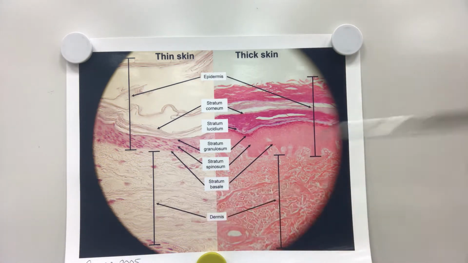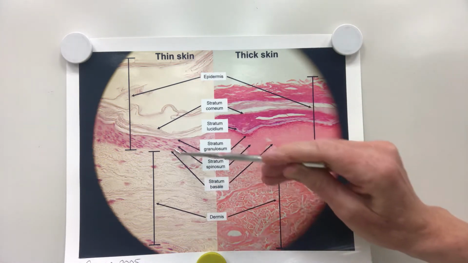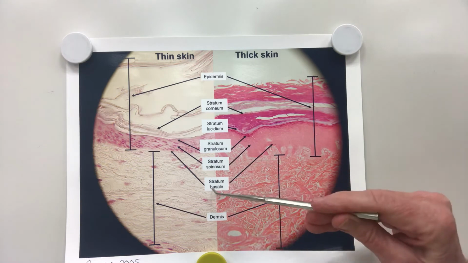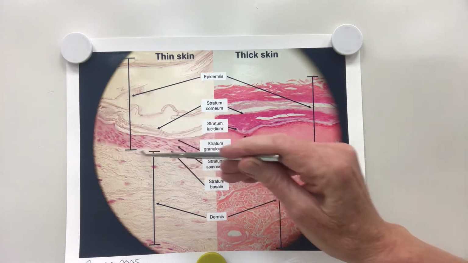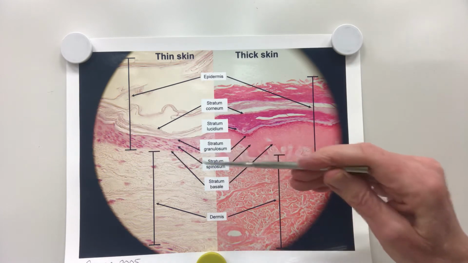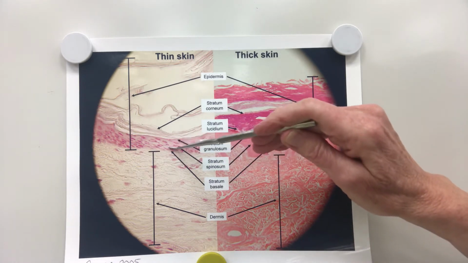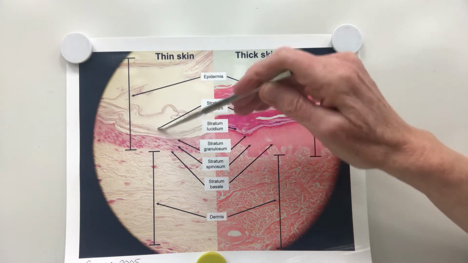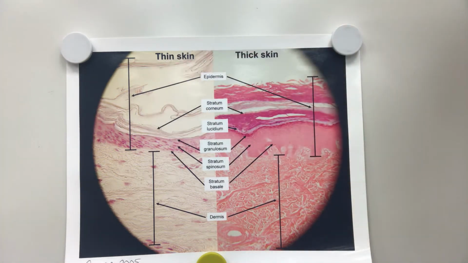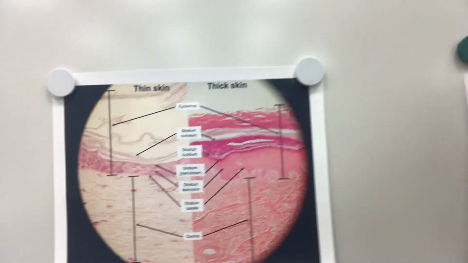With the thin skin, again, you've got to look at what the arrow's pointing to and how I word the question. If I say the bottom layer of cells, I'm looking for the stratum basale. I'm pointing right to the very bottom. Then we have the stratum spinosum, then the stratum granulosum, and then you see the dead flaking stratum corneum. Now, with the next cell we have,